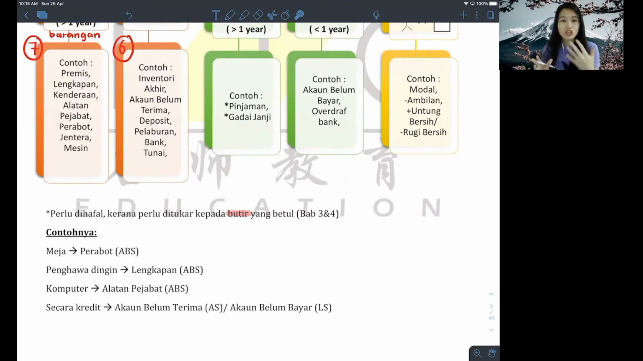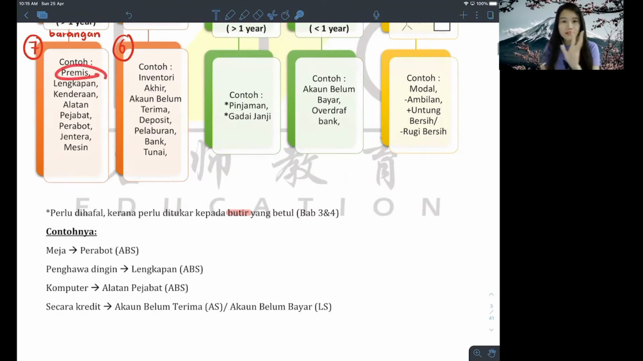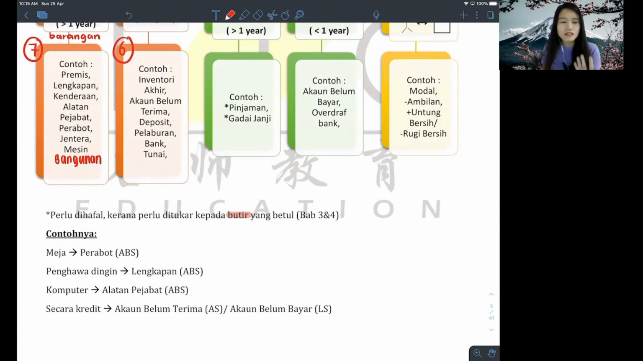These are to be changed into premise. But recently there is this trend where the question is actually written out as bangunan. So here I am going to add on this term for you guys. If the question tells you that it is a bangunan, you do not need to change it to premise